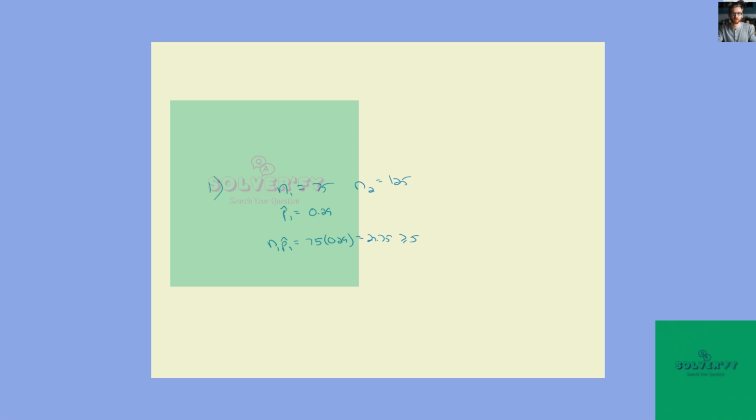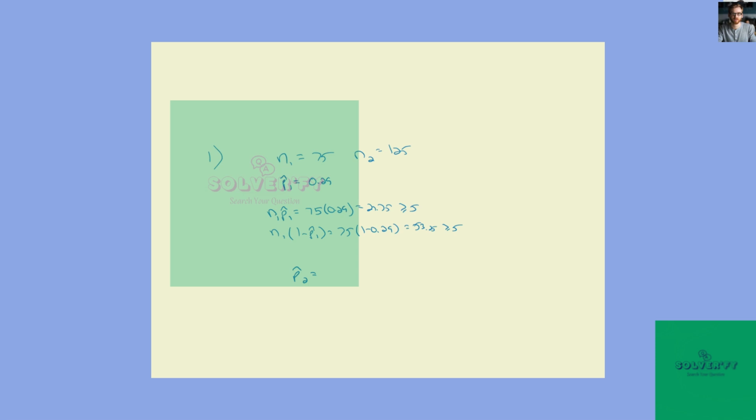And the expected number of failures would be 75 times 1 minus 0.29, and that is 53.25, which is greater than or equal to 5. So we're good for airport screeners, and for the rest of the federal workers,